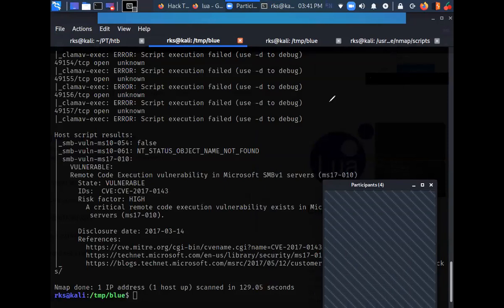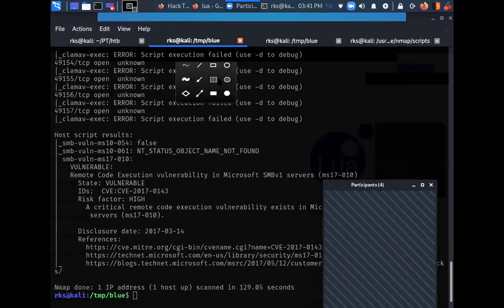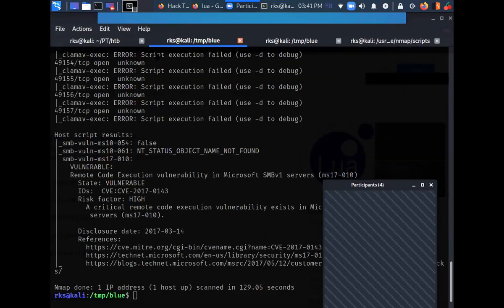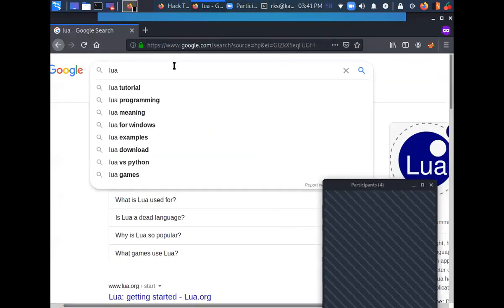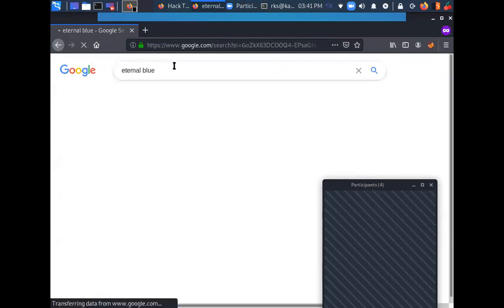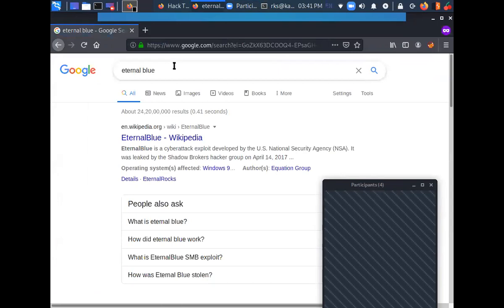So essentially, let me tell you, this is a very famous vulnerability. MS17-010 is renowned for Eternal Blue. Eternal Blue is the name given to this vulnerability. I can just do a Google search over here. Eternal Blue.